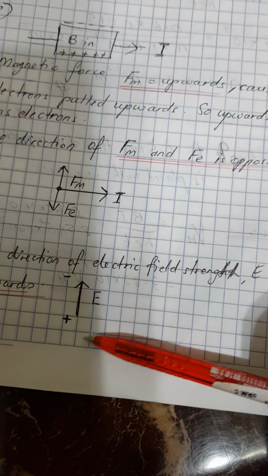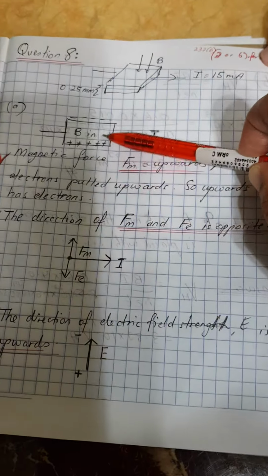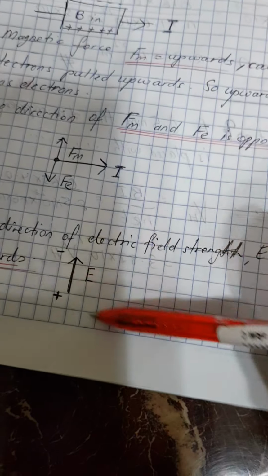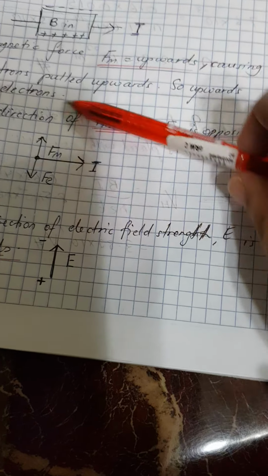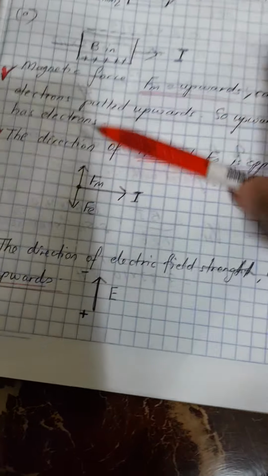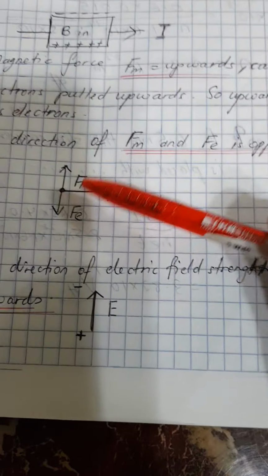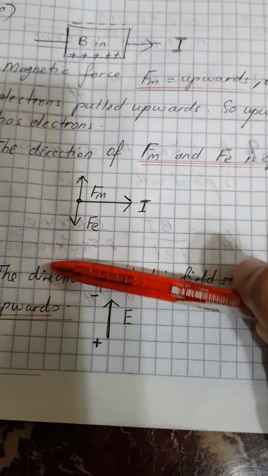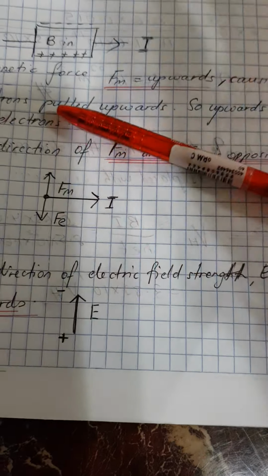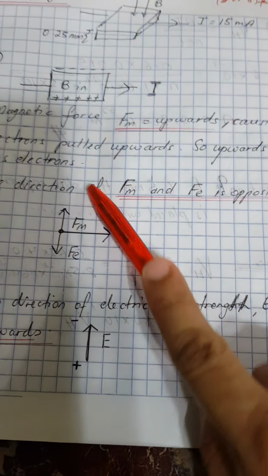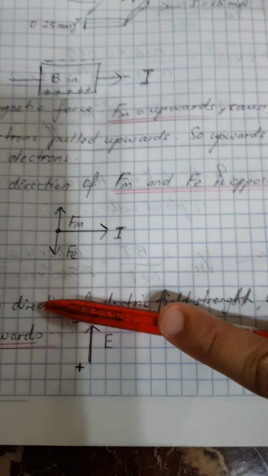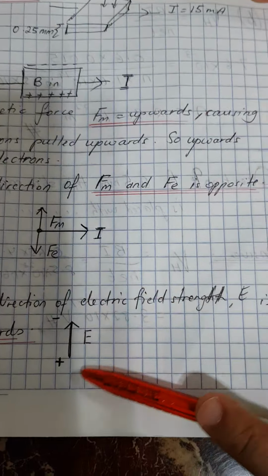The question is asking you for what? Electric field strength. Electric field strength is always from positive terminal to negative. So over here, positive, negative. This is the question, this is the answer. You are not looking for this one, but teacher is going to teach you here. Please pay attention, all of you. This one is sure to come out for the drawing part. FM going upwards, FE downwards. Why is FM going upwards? Because you are using Fleming's left hand rule I just showed you. Once you know FM, FE will always be in the opposite direction. Then E is from positive to negative, that means upwards. That's the answer for the first part. Many of you did not show me.